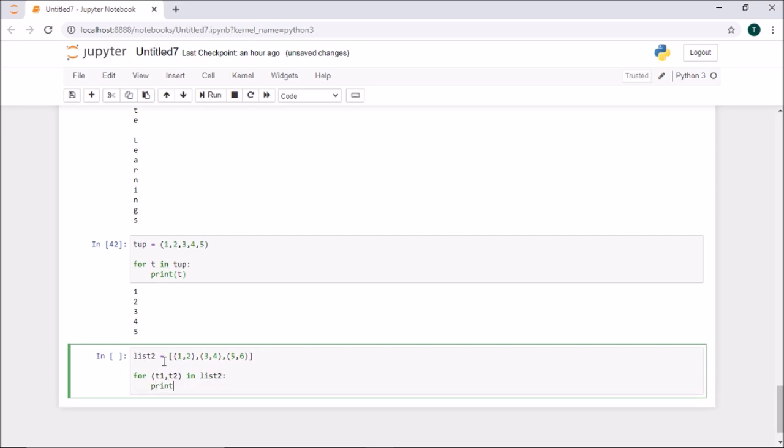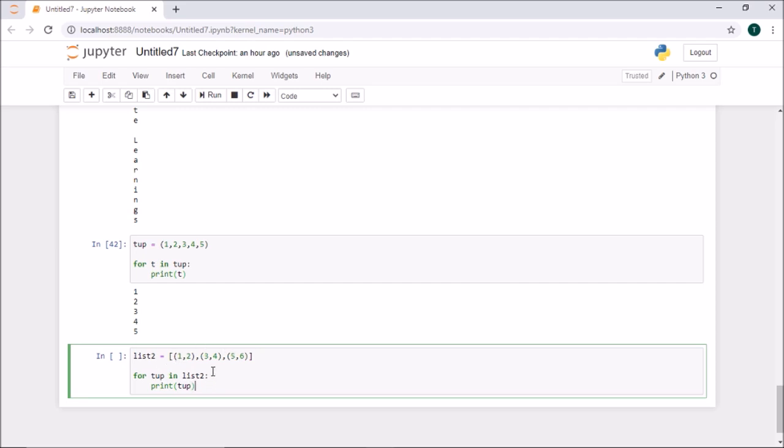Print t1. What will be my answer here? Let you people answer me first. Let me consider everything as a tuple. What will be my answer if we try it like this? For a tuple, I'm taking an iteration one by one.